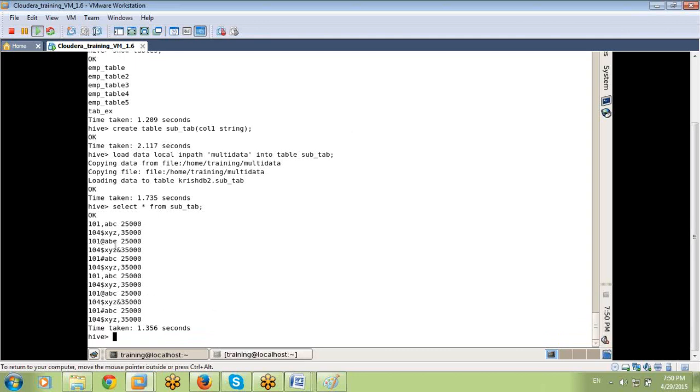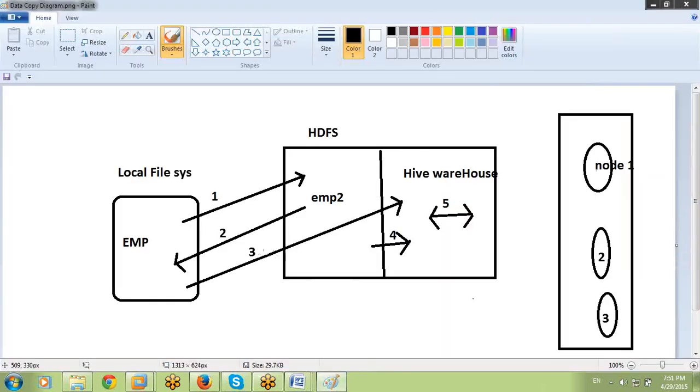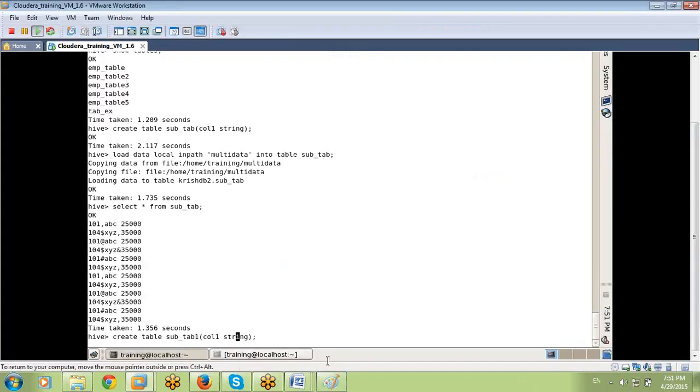What happens if I take, for example, create table subtab1, column 1 integer, column 2 string, column 3 integer? It loads nulls. Remember yesterday, the very first time I told you about the third arrow, I created a table with integer columns. I hope everyone remembers. Same technique now. That's why the first column must and should be string only.